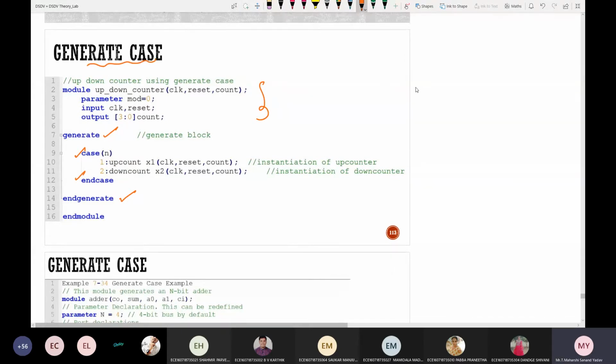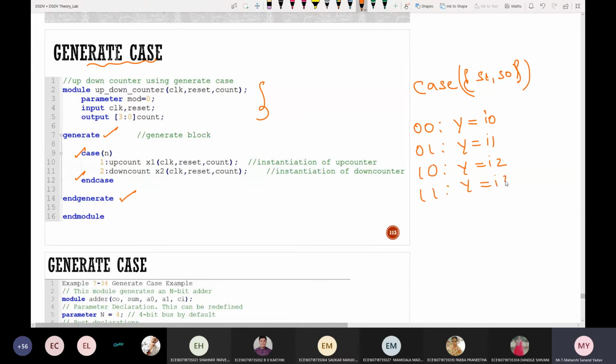We have written the same code for a 4:1 mux, I think. So case, concatenation of S1 followed by S0. We have written code like this. If it is 00, 01, 10, 11. If it is 00, what is the operation? I want output equal to I0, or else I1, I2, I3.